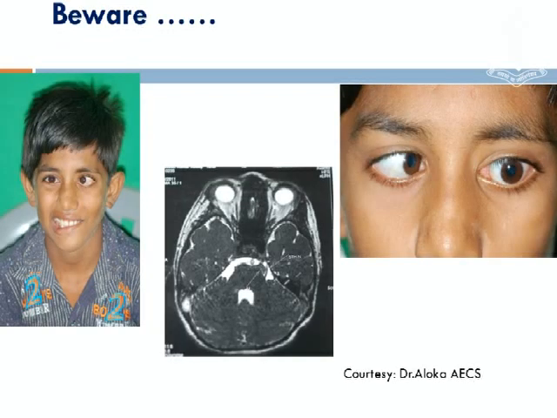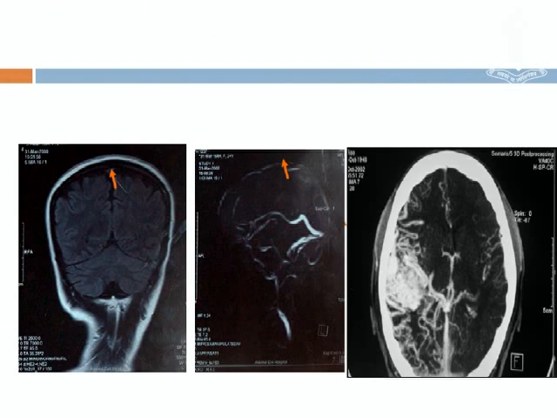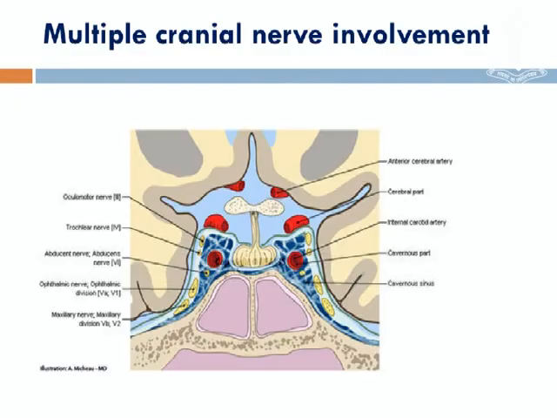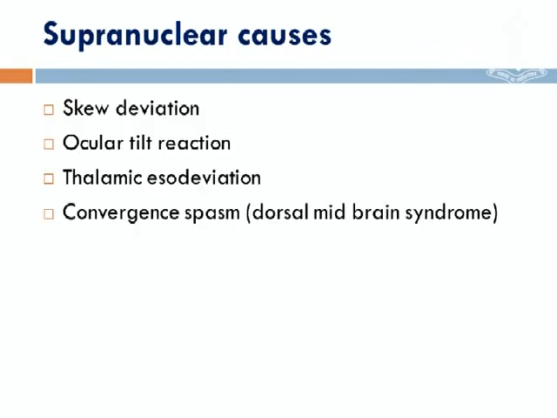Beware, if you have a 6th and 7th nerve, you could have a space occupying lesion in the CP angle, which could be life threatening, or you can have a cerebral venous thrombosis or an AV malformation which can give you a 6th nerve palsy. When you have multiple cranial nerve involvement, the site is the cavernous sinus. Here the only dangerous thing is if it is a diabetic patient, it is a life-threatening emergency in case of mucormycosis.